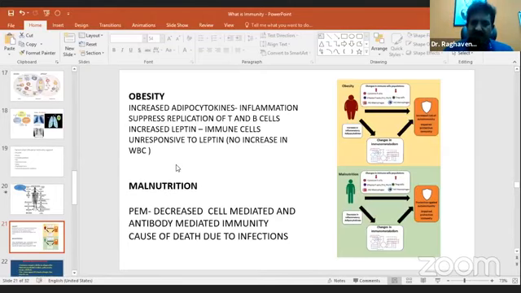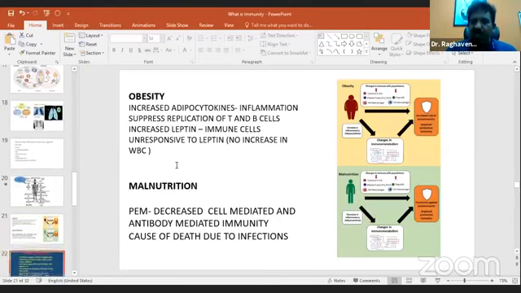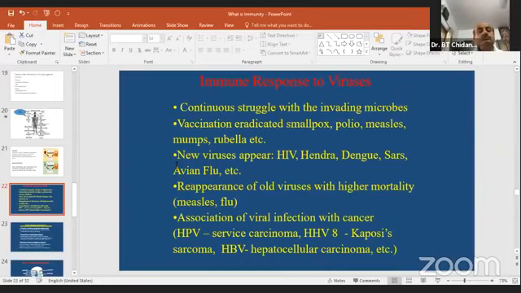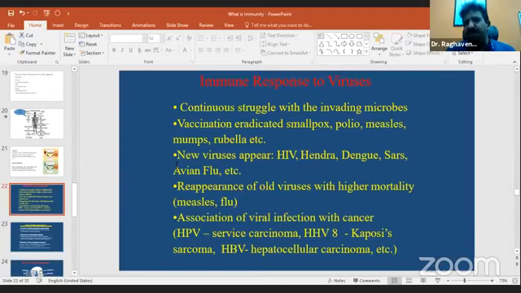Okay, and as I said to you, malnutrition is again one more important cause. It is very important for us to understand that over the years we have a lot of microbes invading us and causing a lot of diseases. And we have been seeing a different bunch of viral diseases, right from HIV, Hendra, dengue, and you have SARS and avian flu, and now you have SARS-CoV-2, and that's because of man's contact with